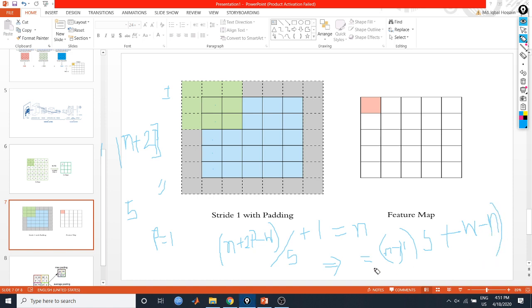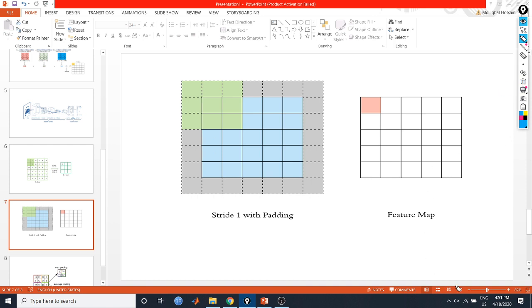After that I have to divide the whole by 2. So this is how the padding can be done to have an unchanged array. So there is an animation. Let's check how the padded one works.